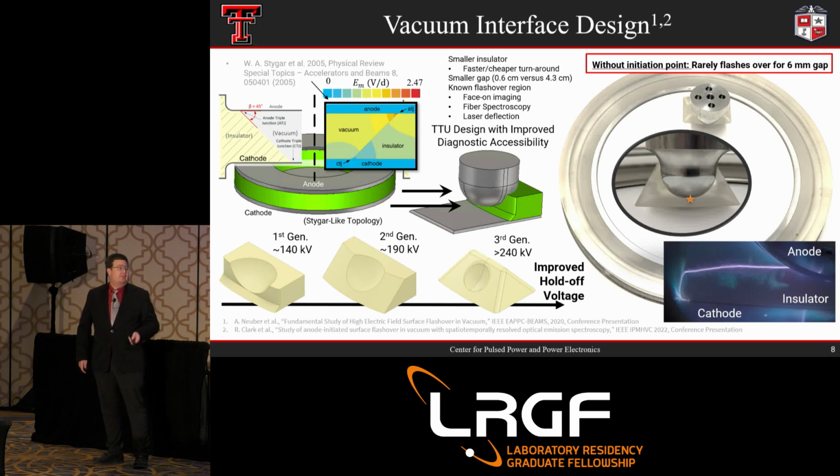We've already touched on a lot of the motivation. The idea is, despite being very pretty to look at, sparks are bad. That it represents energy not going to the science that all of us are so very passionate about. In terms of the stuff that we did here at Texas Tech University, we pioneered a pin plane geometry where